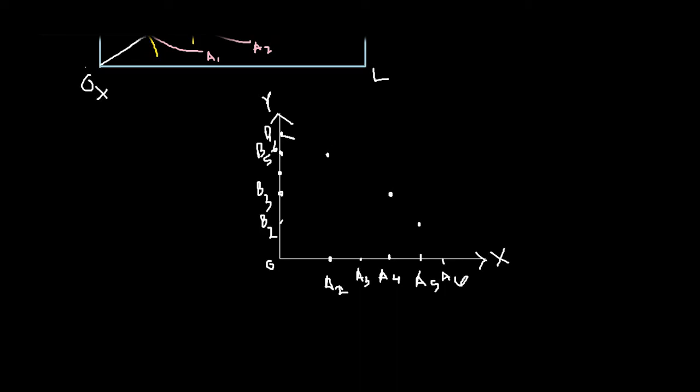Now, when you join all these points, you will get a curve which is basically convex, not convex, actually it is concave to the origin. Okay, you would get a curve of this shape. Let me draw it in this way. See, you will get a curve like this. Just because I am drawing it freehand, it is not a perfect concave curve. But you will get a curve which is concave to the origin, in this way.